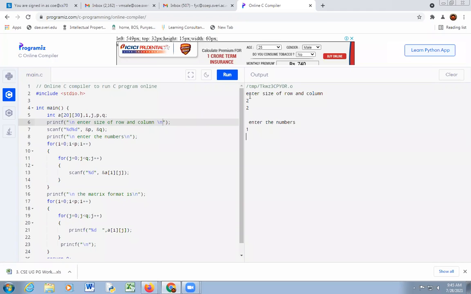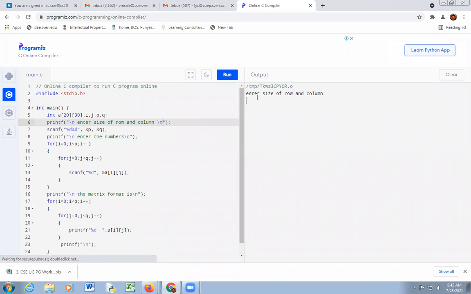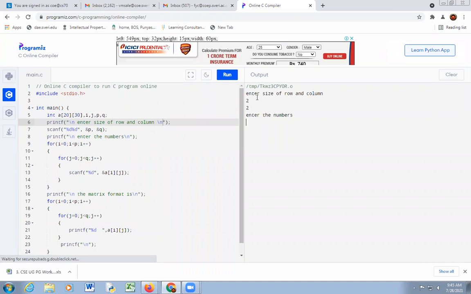Enter numbers 1, 2, 3, 4. Wait a minute. Okay, see the output.